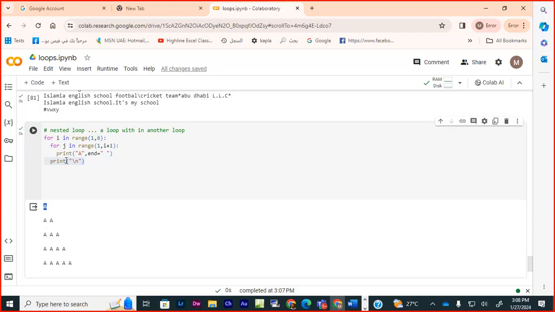See, okay, try to understand. I in range 1 to 6, right? Now J in range is 1 comma I plus 1. What is the value of I first time? 1 to 5. The value of I is first time 1 here. So 1 plus 1 is 2. 1 to 2 means this loop will work how many times? I am not talking about the outer loop. When it comes down, this inner loop will be completed in 1 time, because 1 to 2 means 1 time,